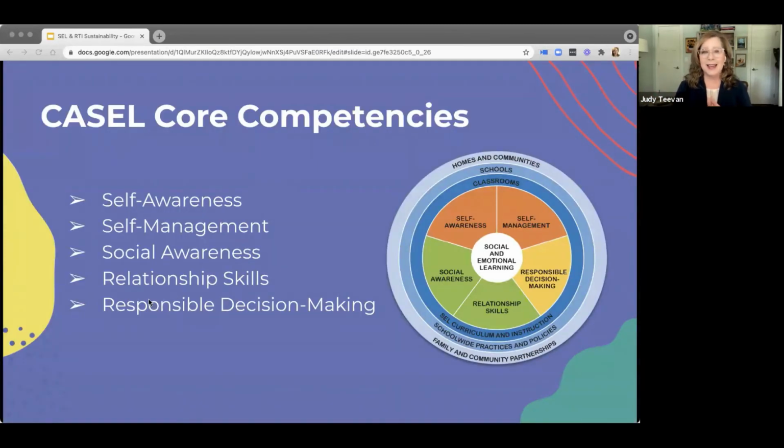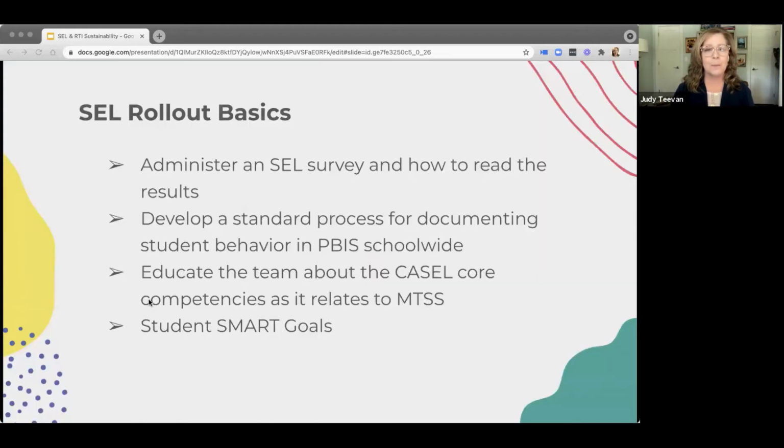And when we think of SEL, we always look back to CASEL. So let's quickly review the CASEL core competencies. CASEL's framework includes 5 core competencies. Now, these are self-awareness, self-management, social awareness, relationship skills, and responsible decision-making. When we talk about an MTSS framework and incorporating SEL into your practices, we're most often discussing the practical application of self-awareness and self-management for students, right? And if your district is using SMART goals, then you can extend this to the other competencies as well.